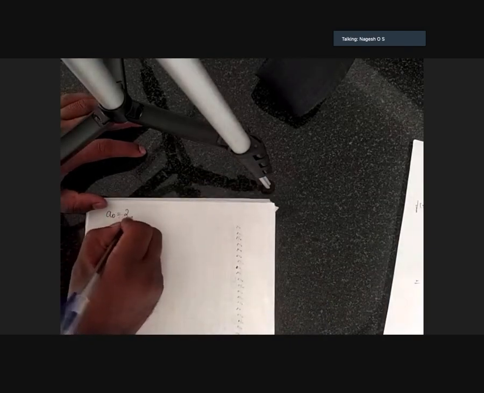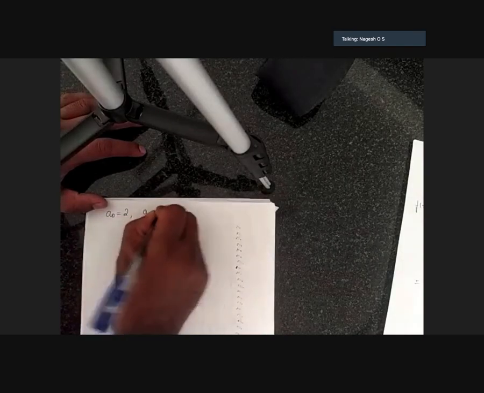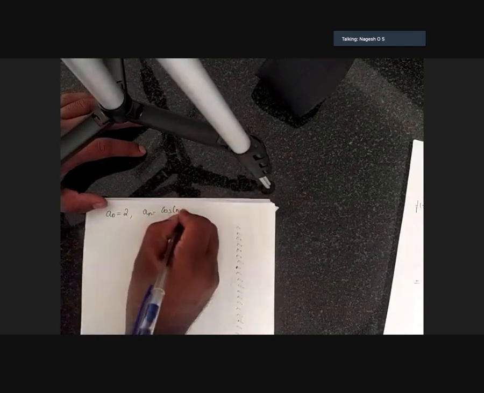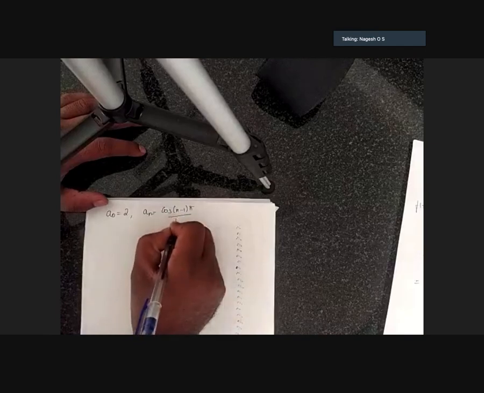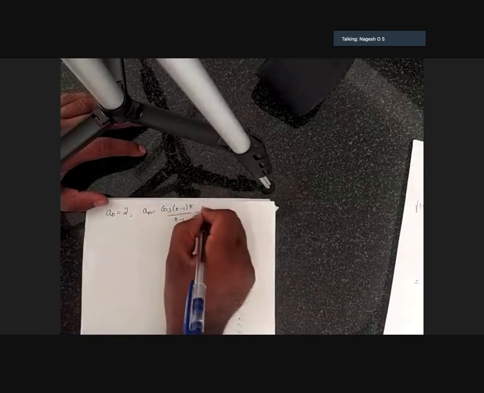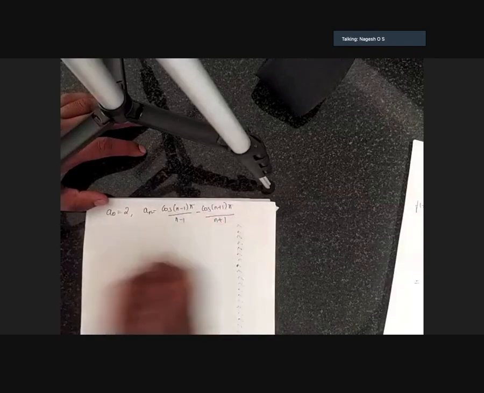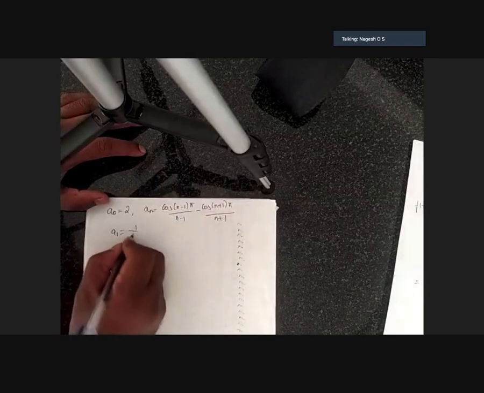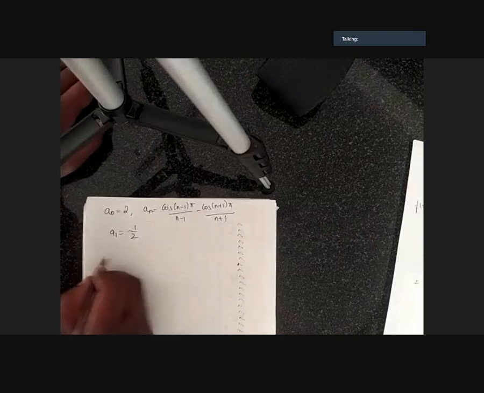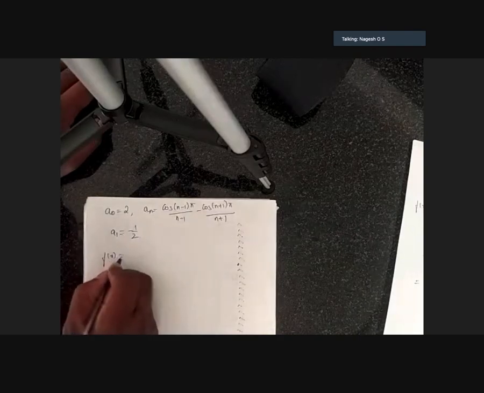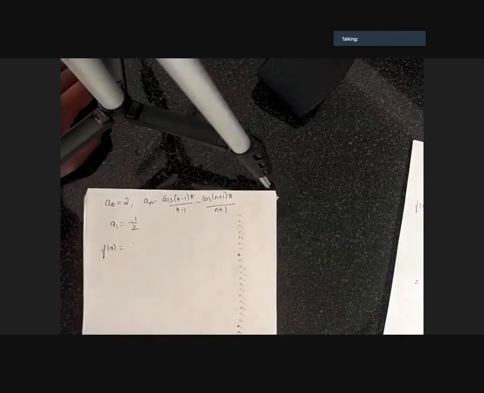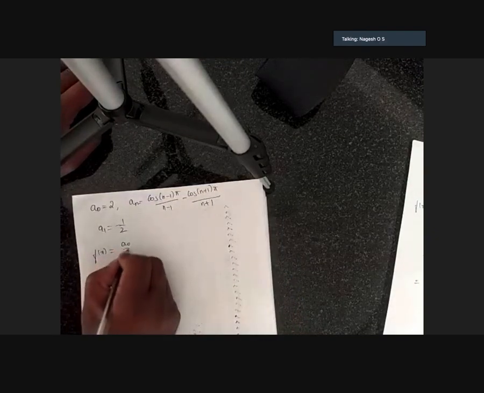A naught is 2, an is cos (n minus 1) pi by (n minus 1) minus cos (n plus 1) pi by (n plus 1), a1 equal to minus half. Then f of x equals a naught by 2 plus summation